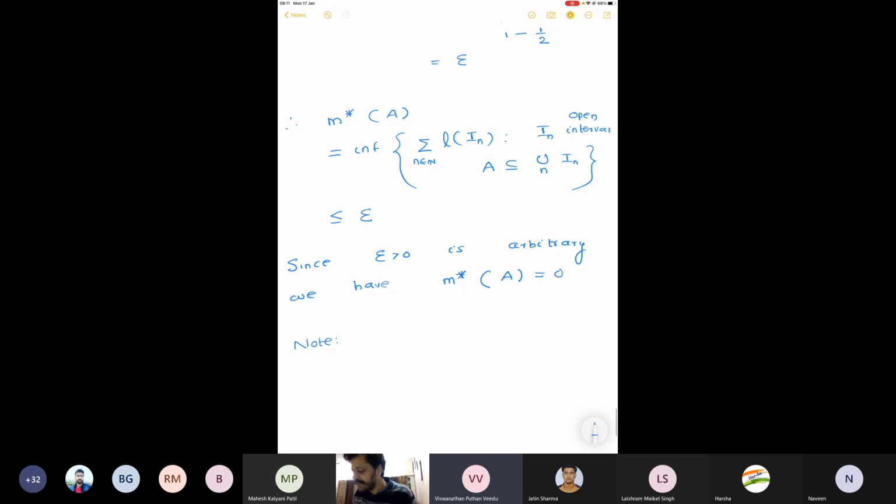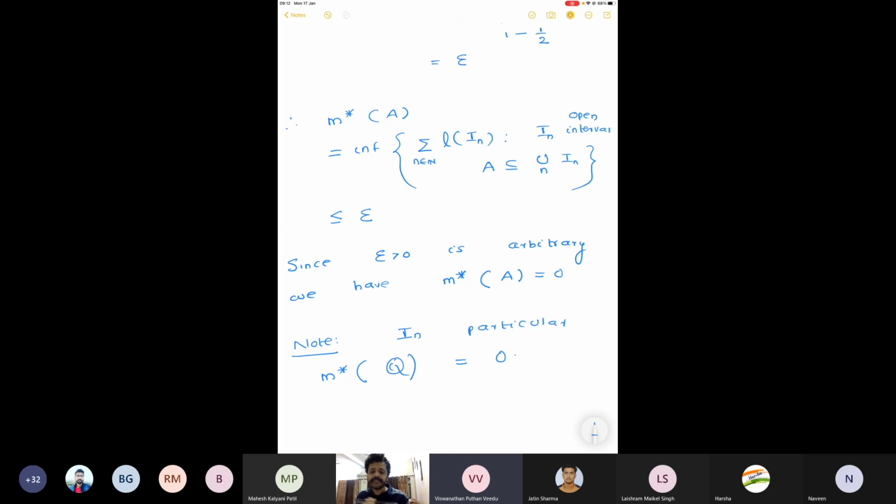Note, in particular, outer measure M star of Q, the set of all rationals, will be 0. Yes or no? Yes, sir. So this will indicate that outer measure has some good property that we want any reasonable notion of measure to